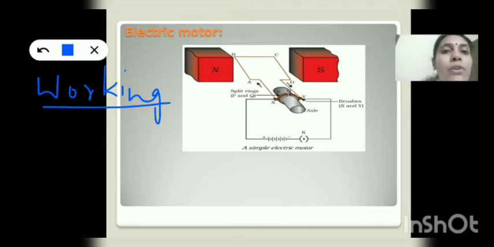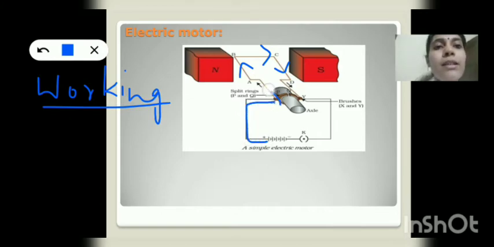The electric motor works when the circuit is switched on. When the circuit is switched on, current flows from the positive terminal of the circuit to the negative terminal. Now, what will be the direction of the current flowing through the rectangular coil? As current starts from the positive of the battery, it enters through the brush X and flows through the side AB of the coil upwards. Then it comes down through the side CD of the coil. Finally, the current comes out of the circuit through the brush Y and goes to the negative of the battery. So this is the path of the current.